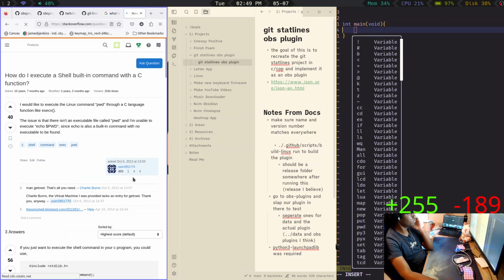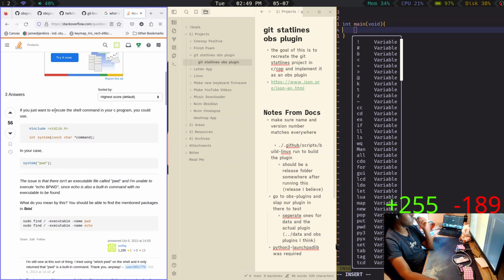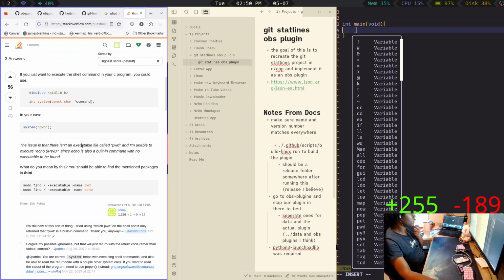Oh, I've been here before. Oh, right, because I was researching this a while ago. If you just want to execute the shell command, use. The issue is that there's no executable file called the.